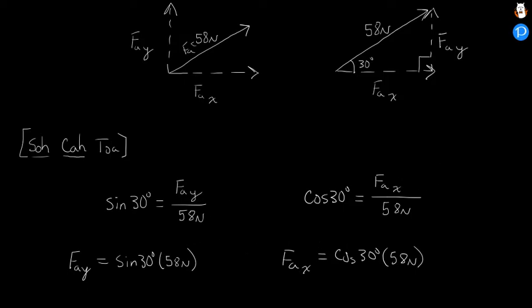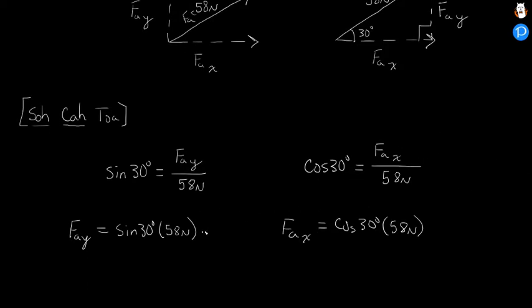And so if I actually crunch the numbers on this, so sine of 30 degrees times 58 newtons, let me redo it one more time. That would be 0.5 times 58. This would be 29 newtons. And for cosine of 30 degrees times 58, we should get about 50